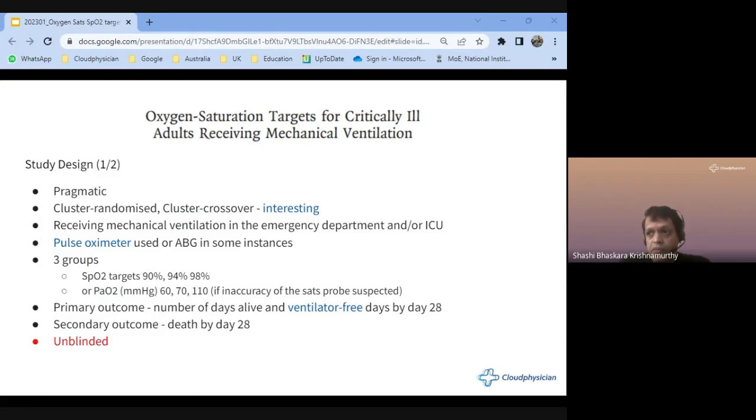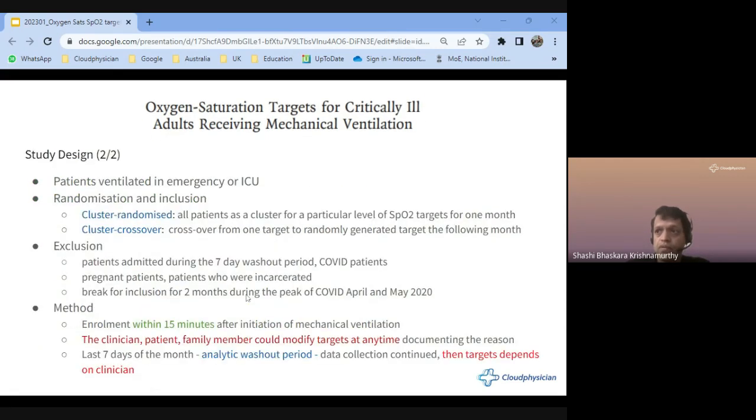And the secondary outcome was death by day 28. One thing was, it was an unblinded trial, and I need to remember that it's unblinded. Sorry. Okay, continuing with the study design, they took patients from emergency as well as intensive care, and this